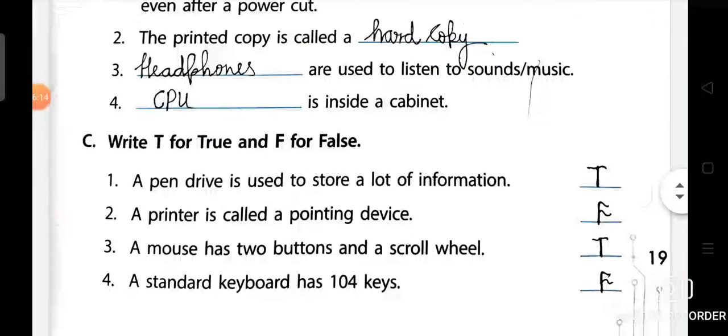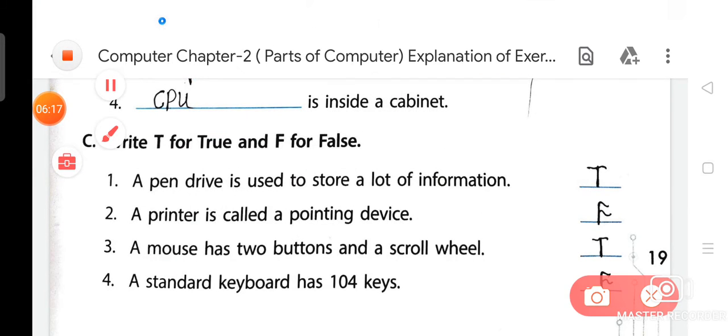Now we are going to do C. Write T for true and F for false. Question number first: a pen drive is used to store a lot of information.